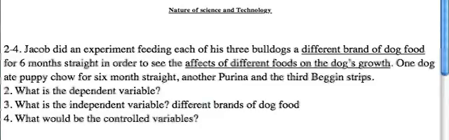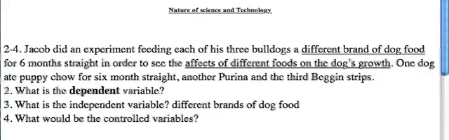Now, I did it in this order because I think it's easier to understand this way. Now, what is the dependent variable? Well, the dependent variable means dependent. It's dependent upon the independent variable. So this one is dependent upon this. This dependent variable is dependent upon this. So what in this experiment is dependent upon the different brands of food? Well, take a look. This is the dog's growth. Obviously, if he feeds 1 Purina and 1 bacon strips and 1 puppy chow, one dog may grow